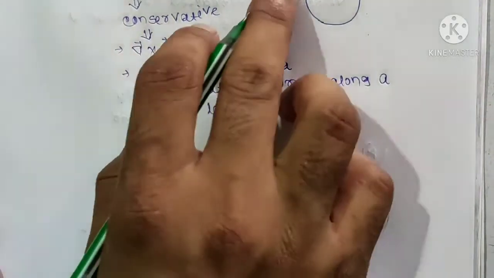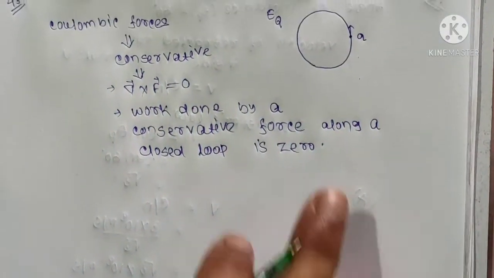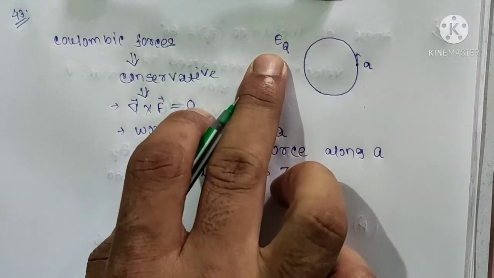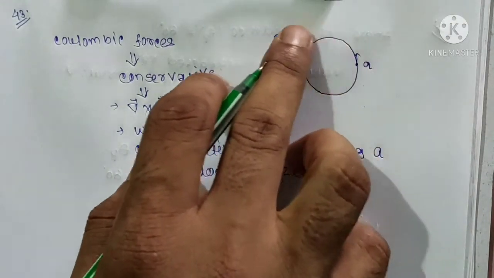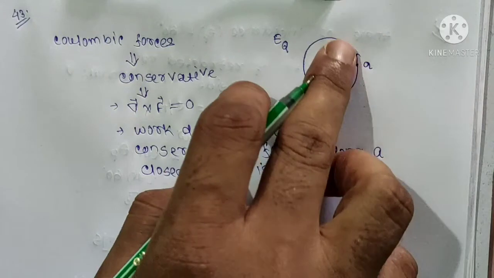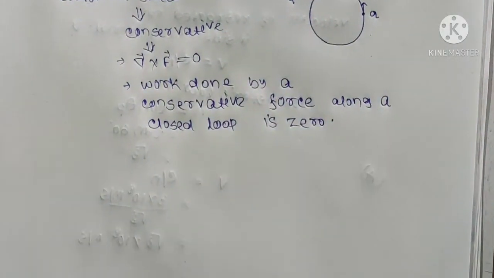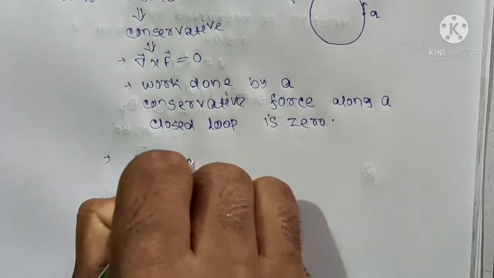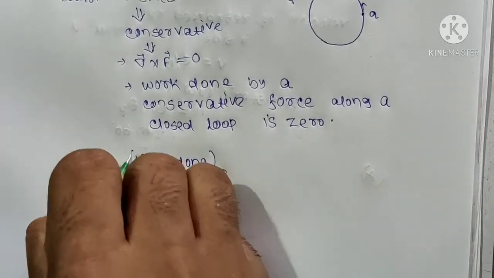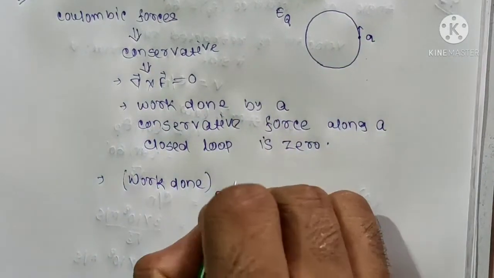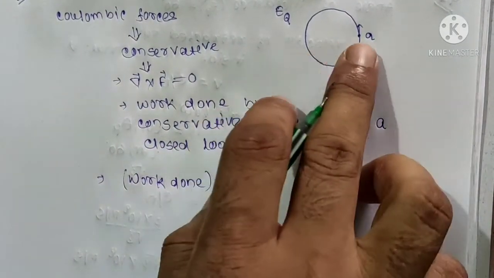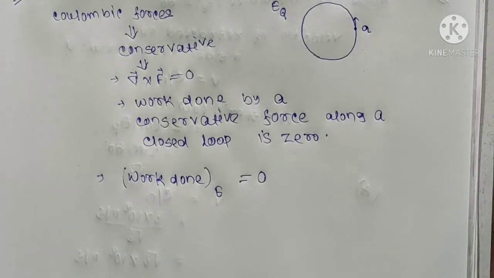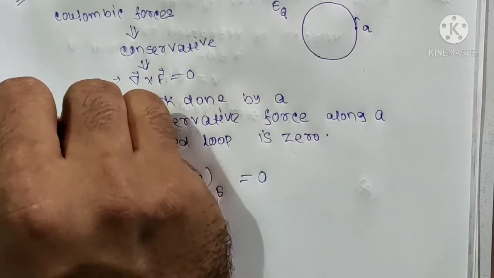So as the force on this small point charge is conservative, the work done by this electric field on this rotating charge for a complete revolution will be 0. So work done by this electric field on this charge will be 0, as the force on this charge due to this electric field is conservative in nature. So your correct option is option C.